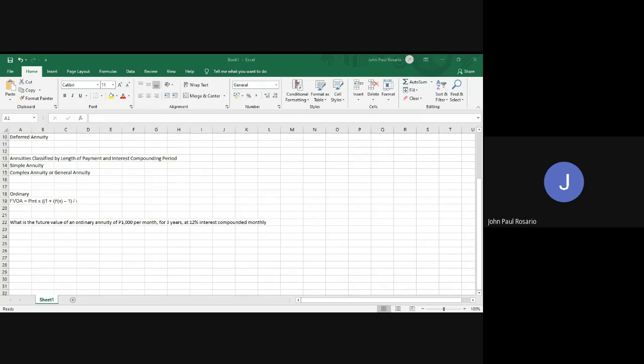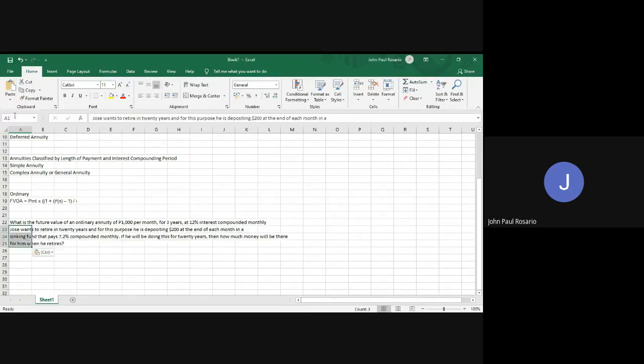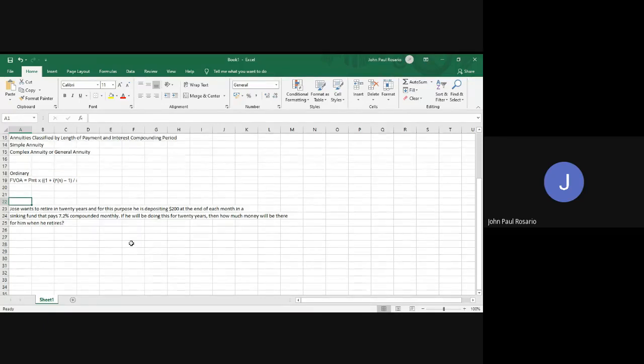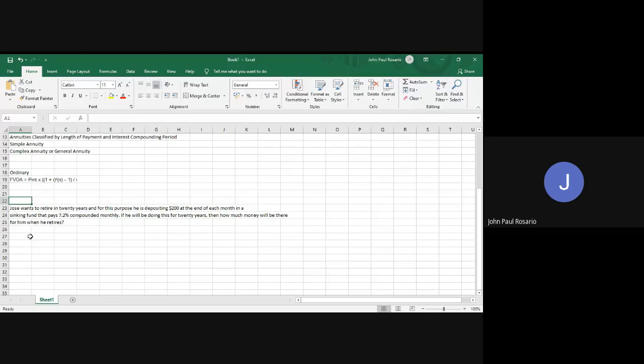Okay, let's start with this. So Jose wants to retire in 20 years, and for this purpose, he is depositing $200 at the end of each month in a sinking fund that pays 7.2% compounded monthly. If he will be doing this for 20 years, then how much money will be there for him when he retires? Okay, so using our formula, our payment is $200